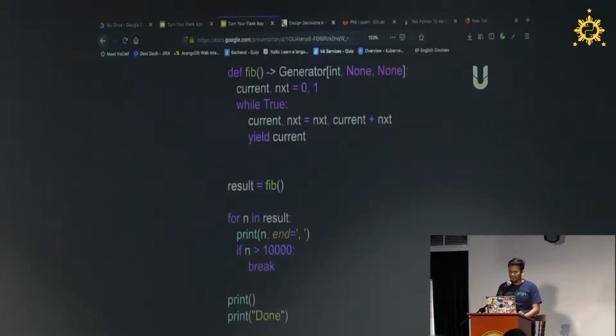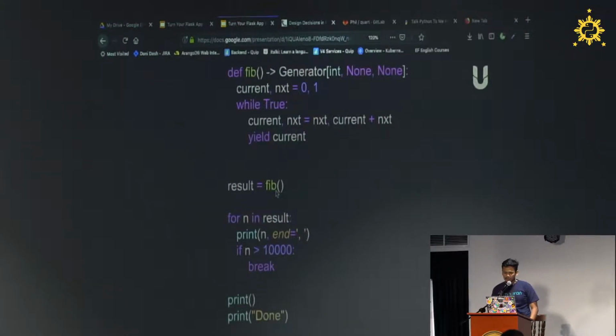And next we have a simple function with a generator. It has the same current and next, but right now we use while True. We have current and next, and it's the same, but there is a keyword: we use yield in this part.